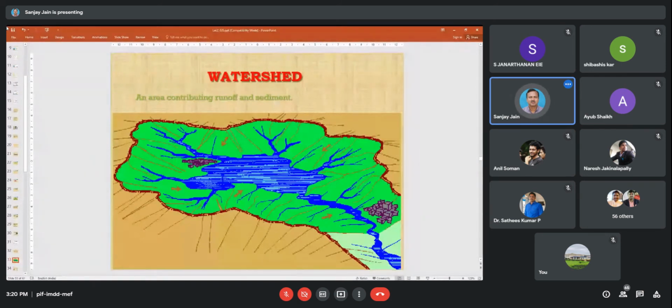Other water will go to Yamuna, which is an adjacent river. That way our country is divided into 21 major basins: Ganga basin, Yamuna basin. Okay, so the boundary of a watershed depends upon what? Topography. So once I have a DEM, I can draw my boundary easily.